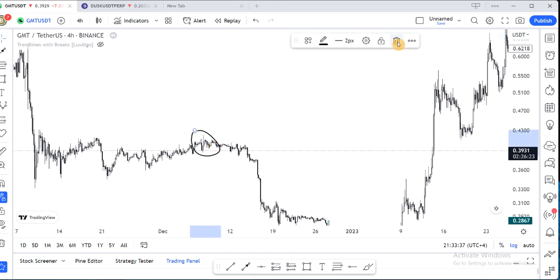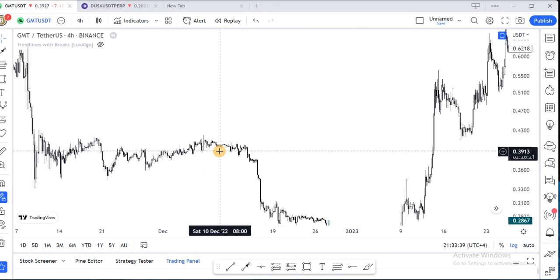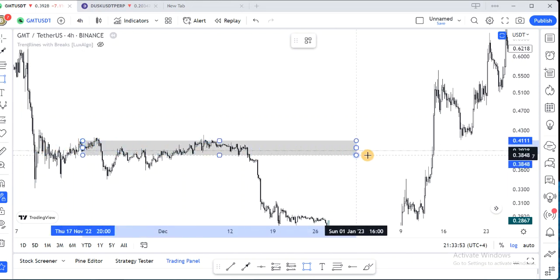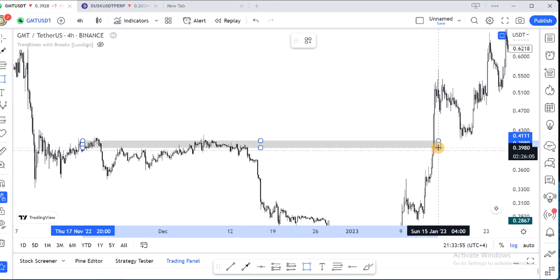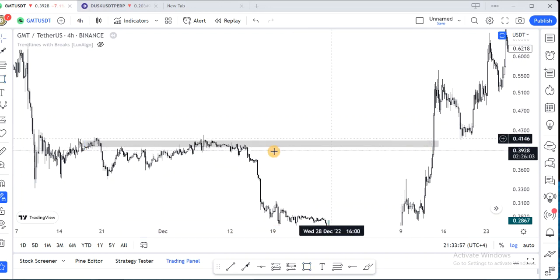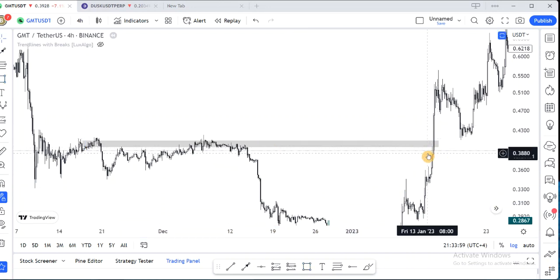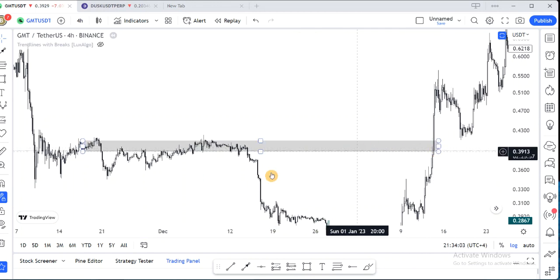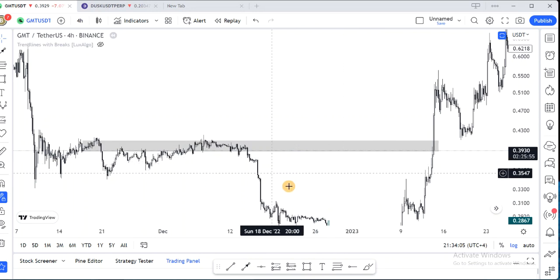Now we are going to talk about the breakout region. Breakout. What we just finished talking about is the breakdown. So what about breakout? When this GMT was about to break out, I did something funny. And what did I do? I marked out this region. When the price was bouncing from here, I marked out what? I marked out this region. I can remember the day I did this. So what did I do?